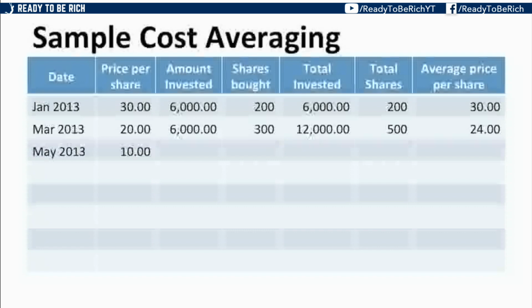On May 2013, that's the next period that you will buy this particular stock. So let's say bumaba pa rin yung stock ng 10 pesos per share. So why is the price of that stock going down? We don't really know, but for stock market traders, this is already a sign of caution for them, no? Magpapanik na sila dyan, yung mga stock market traders.